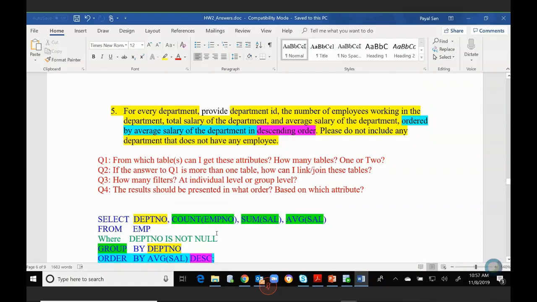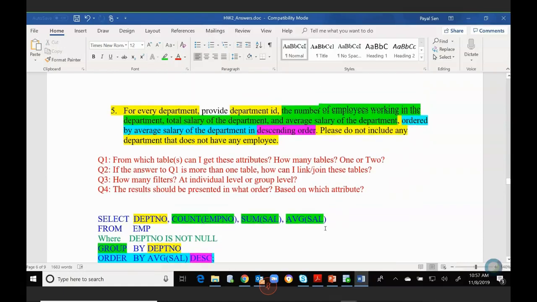All of these are so-called aggregate functions, right? When I taught you in chapter 6, I told you, whenever you see an aggregate function, you have to think about group by, because only in a group can I know what the sum is, the average, the minimum, the counts, okay? So I need to have